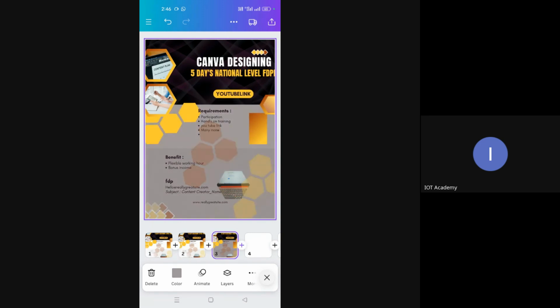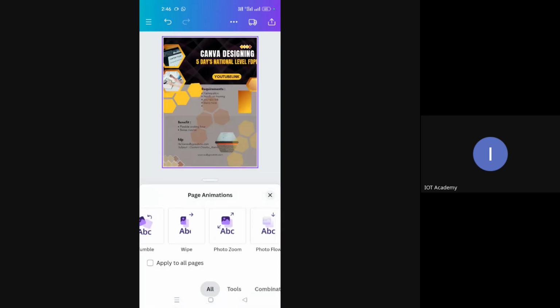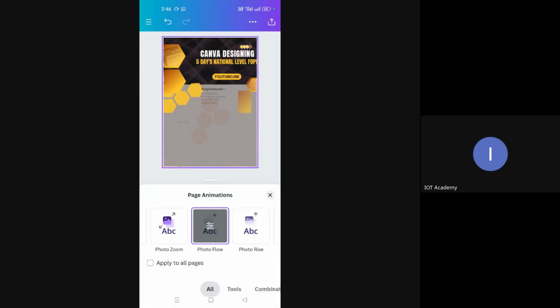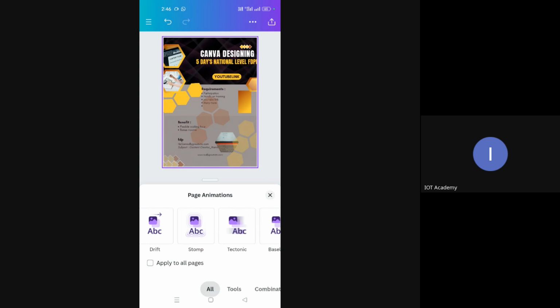So that way you can experiment without damaging your own copy. Here, this particularly applies to all pages. This page animation, when you are selecting, you will be asked whether to apply for the page that is on screen or apply to all pages. Select according to your requirements and then go ahead.